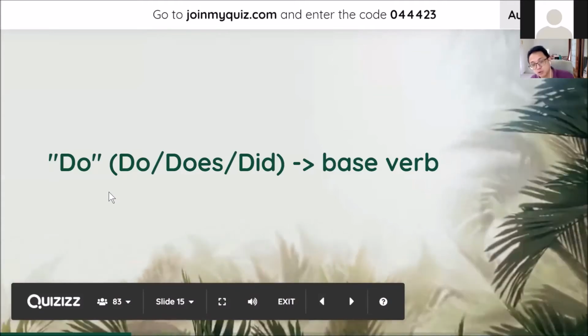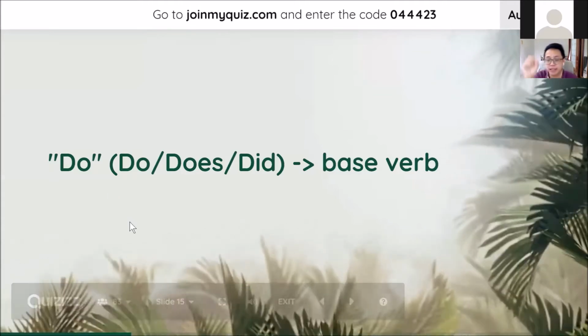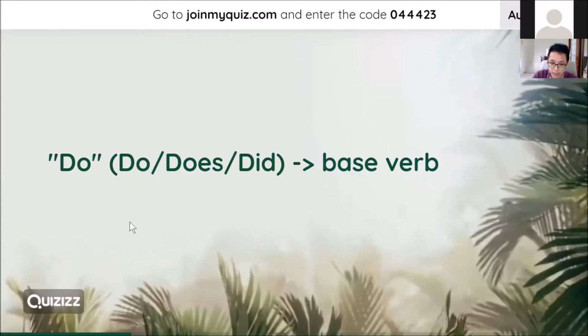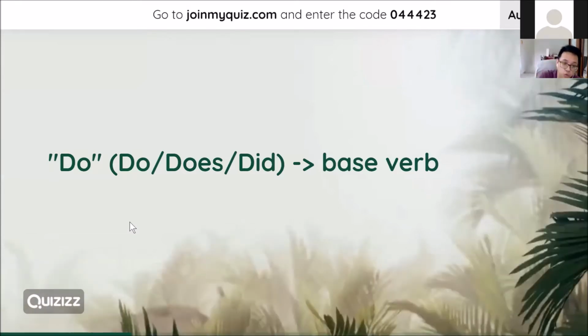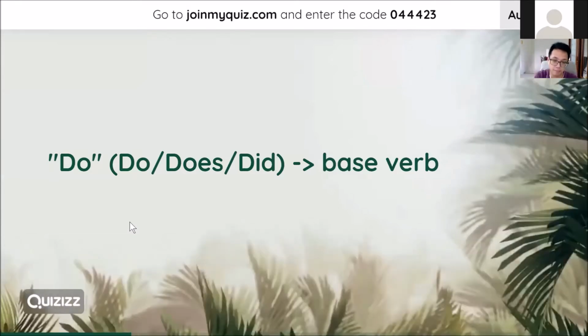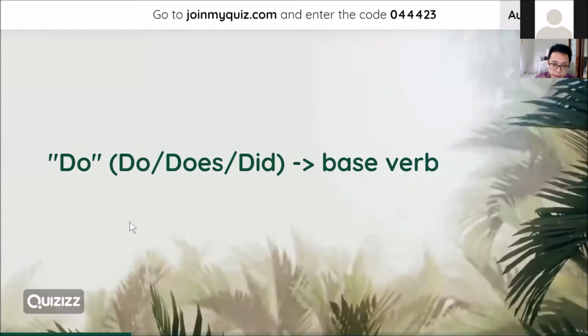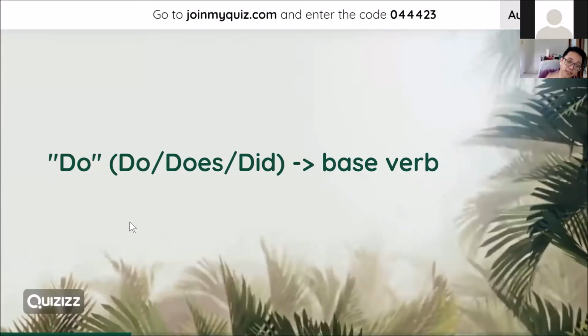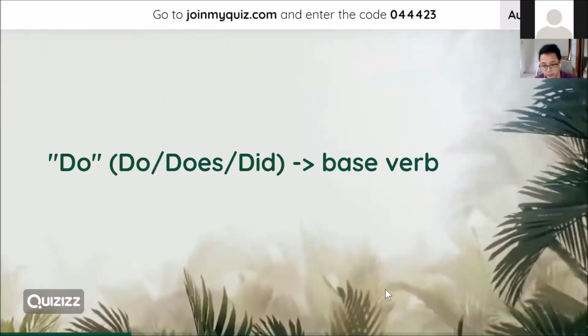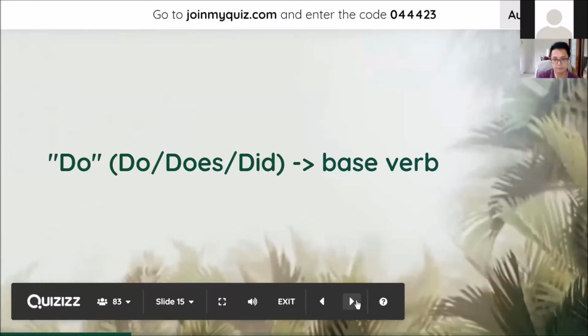So when you see do, does, did, 它后面那个动词是原本的动词。The verb that follows after do, does or did is a base verb. 这个很多人知道啊。